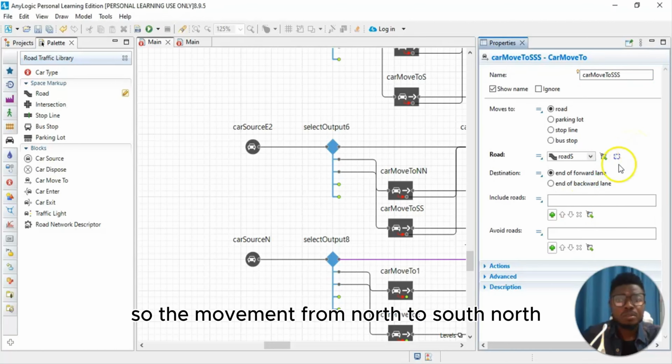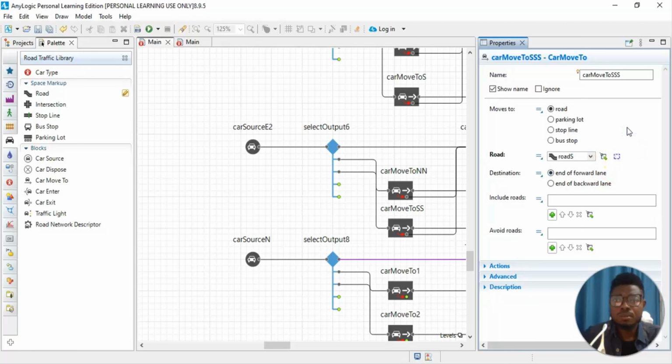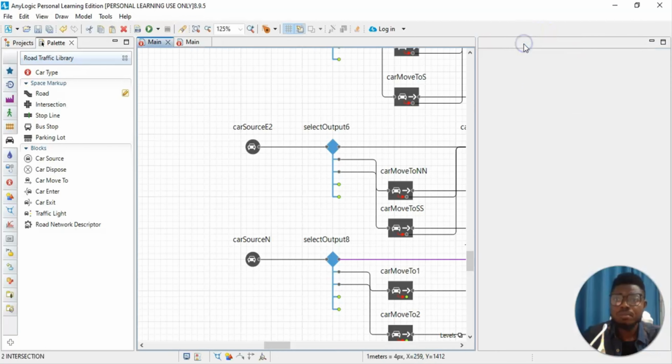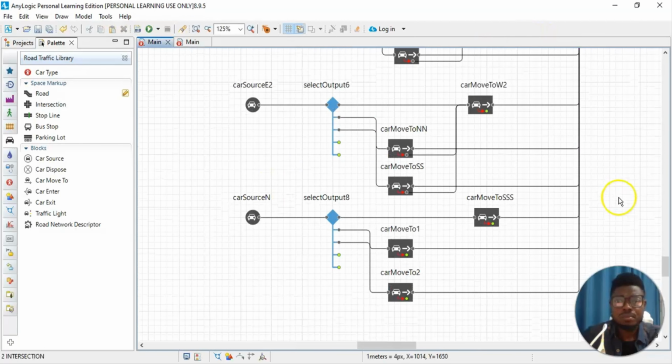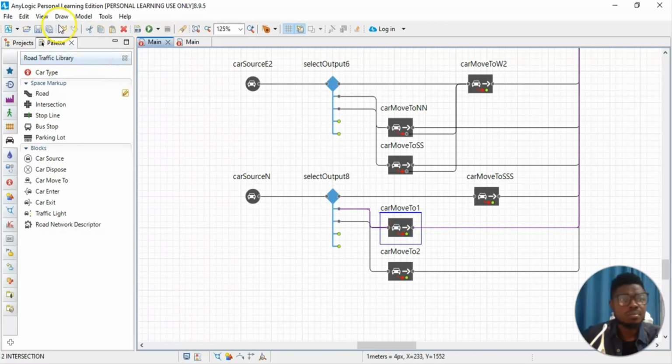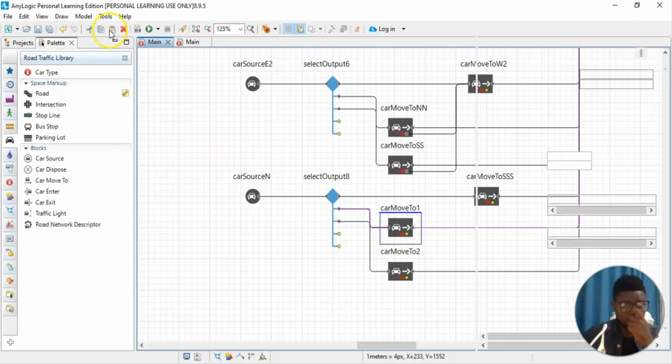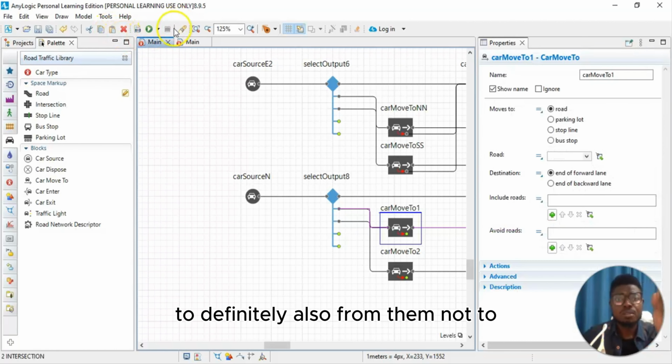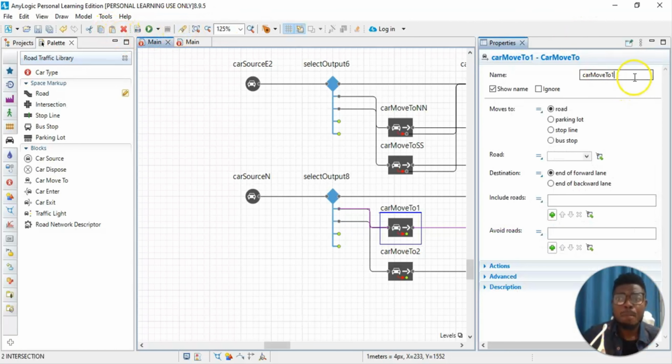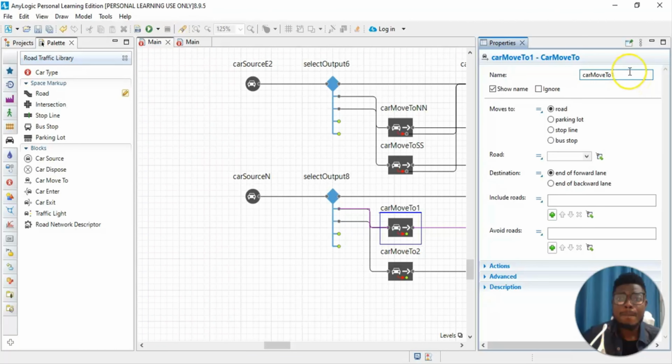So the movement from north to south, north, so definitely also from the north to the,